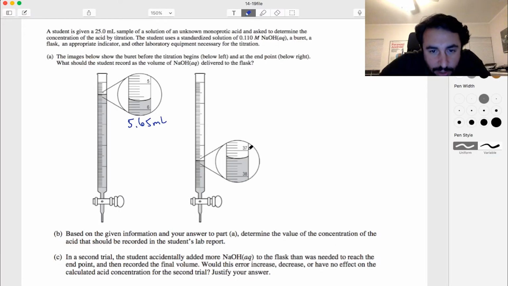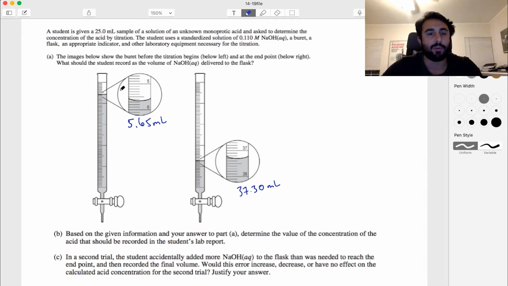Then over here, 37.1, 2, 3. That looks to be right on the 3. So let's call this 37.30 milliliters, right? So we have to make good estimations, and we have to go to the hundredths place,